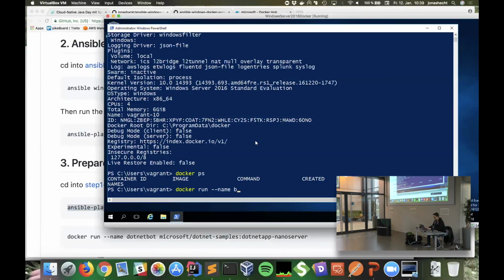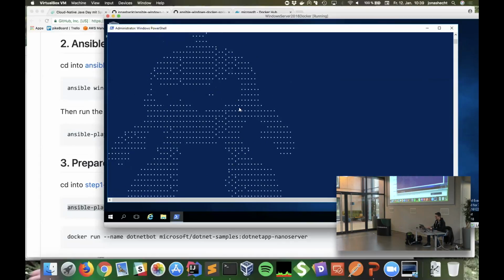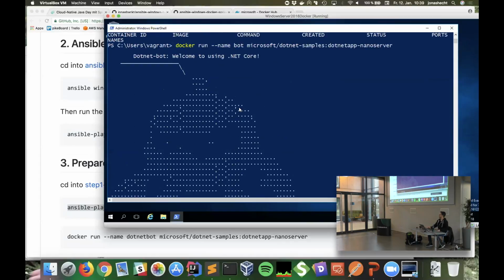So just name it bot. I have Firefox, right? I can go online, and so let's see if this runs. Oh, nice. So the container is running. Docker should be fine.